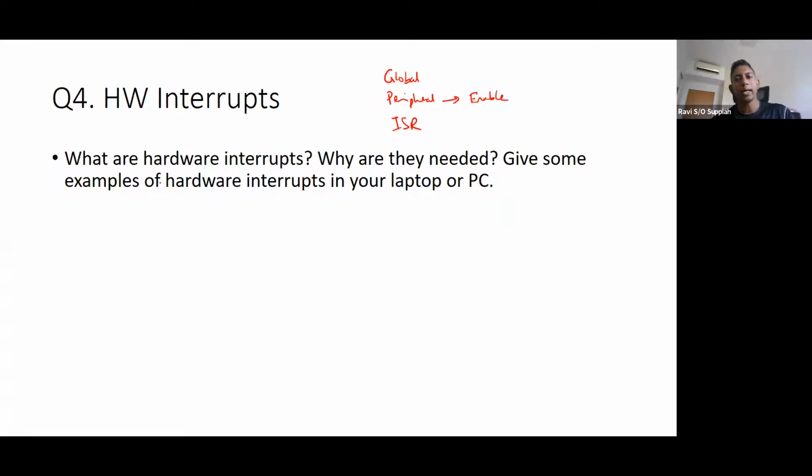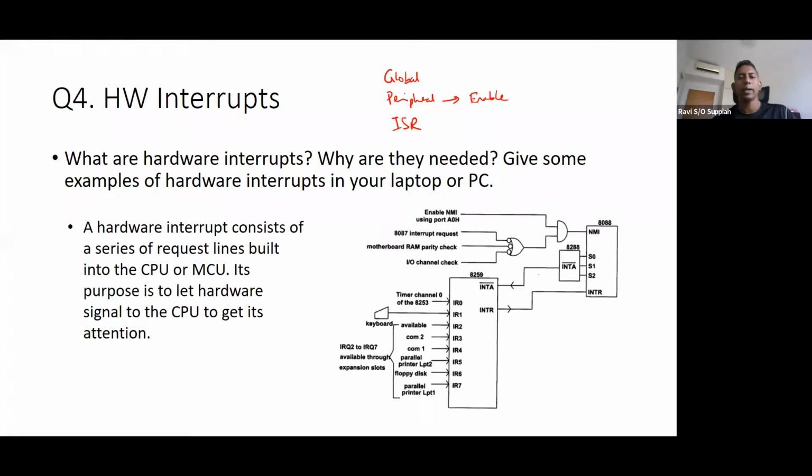So what are the hardware interrupts? Basically, it is what we did in our studio with the switch. In terms of higher level or more complex systems, you can have multiple hardware devices with the ability to send requests into the microcontroller.